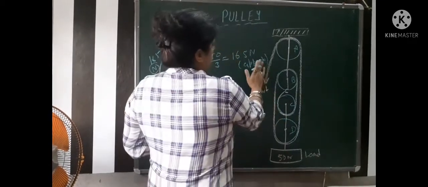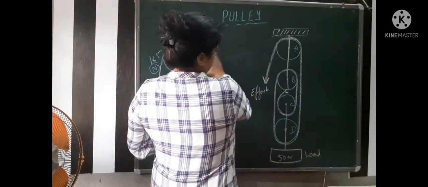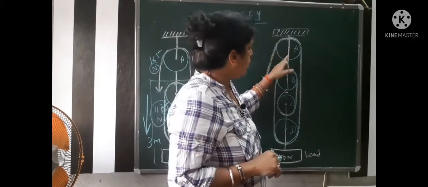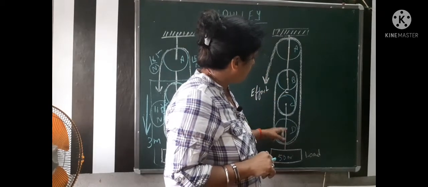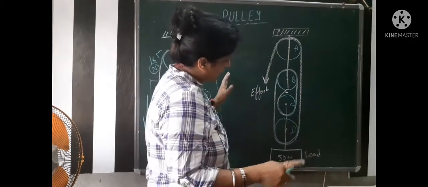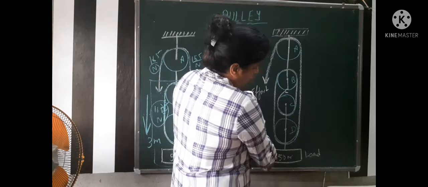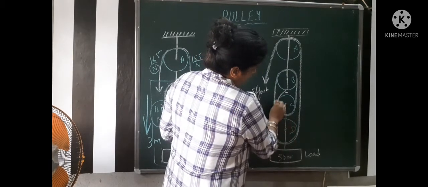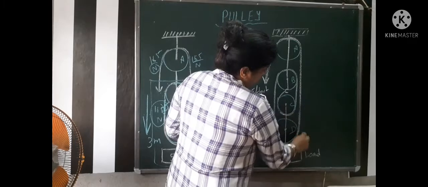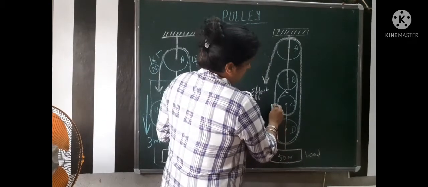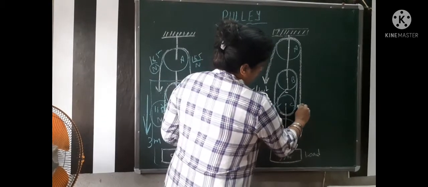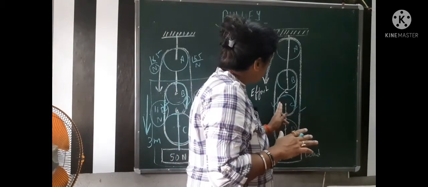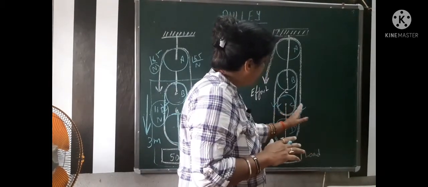Now let's see. See the combination, children. First pulley A on top, then B, then C and D. Now we will try to understand this body of 50 Newton is in connection with these 2 pulleys. So how many ropes are balancing the weight of 50 Newton, that we have to understand. First rope, second, third, fourth. Actually a single rope is there, but 4 parts. So this 50 Newton will be divided into 4 equal parts.